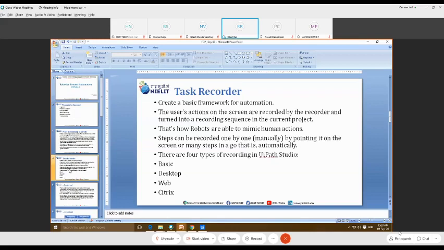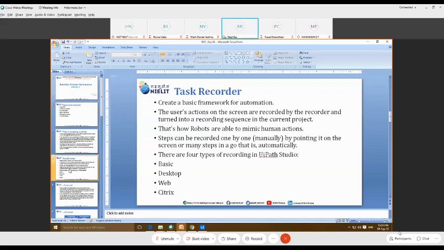As we all know, a sequence is the simplest, a single block of activity, and we can use this sequence workflow file as a standalone activity or a standalone automation project. Whatever user actions we capture using this task recorder, we can use as a standalone automation project, or use those recorded sequences in any large automation project wherever we require them.